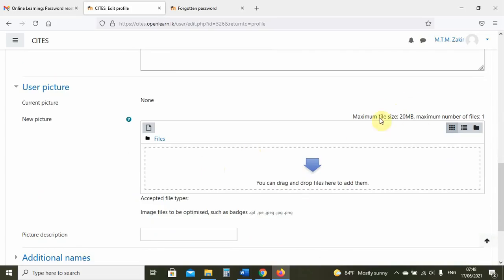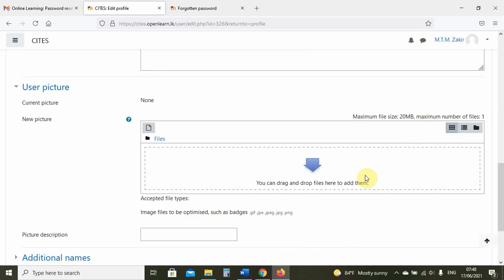Here it says maximum file size 20 megabytes. Please do not add a 20 megabyte picture, since it's going to be a very small picture appearing. Even 50 kilobytes or even 25, maximum 100 kilobytes should be well more than is necessary to show your picture, so that your face will come with your posting and your name. That makes it more friendly.